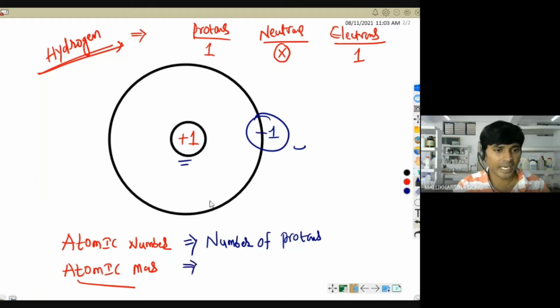How can we measure the atomic mass? Prathamesh, how can we measure, Prathamesh? Prathamesh, are you able to hear me? Please respond, yes or no. Yes, Prithviraj. How can we calculate the atomic mass? Raise your hand, whoever knows.